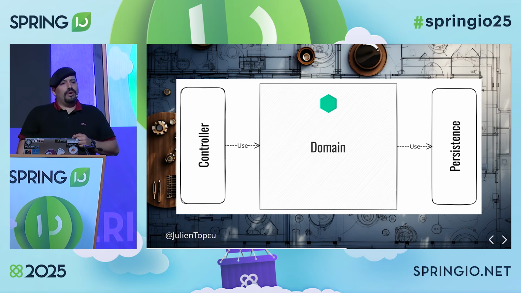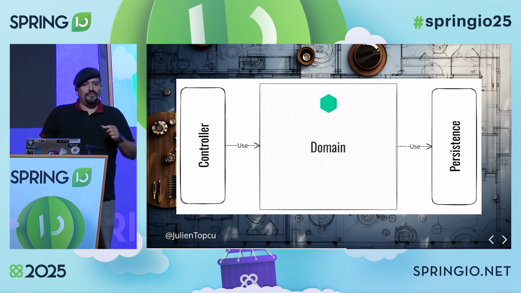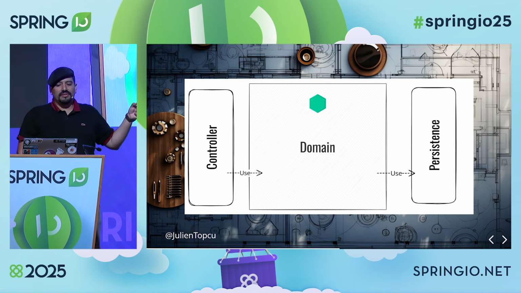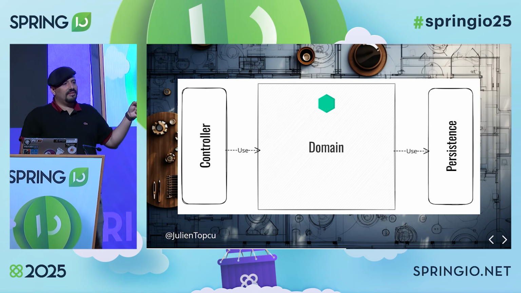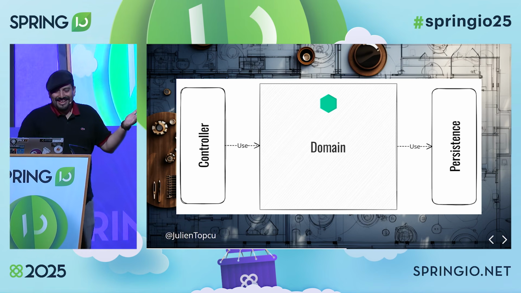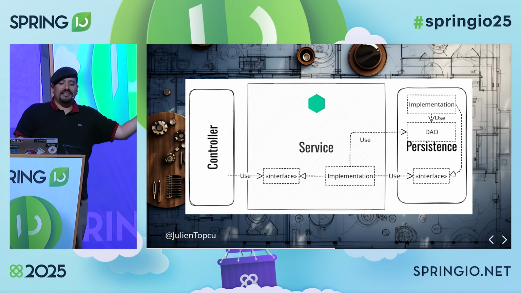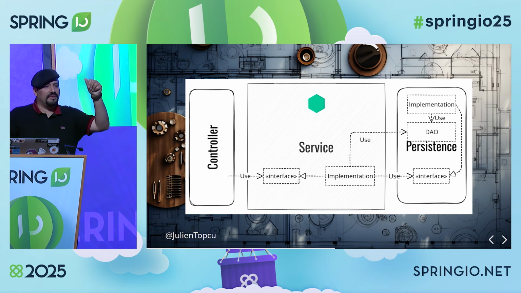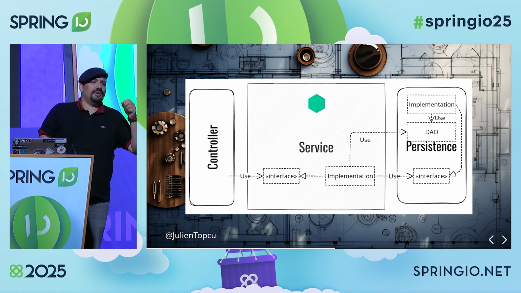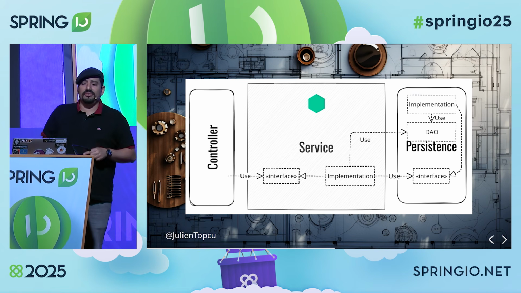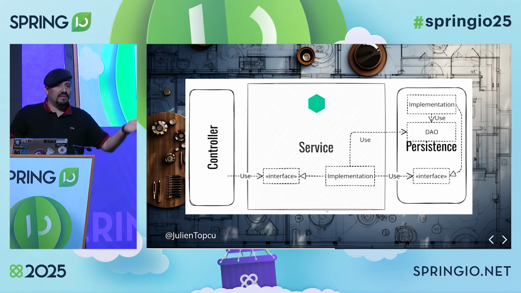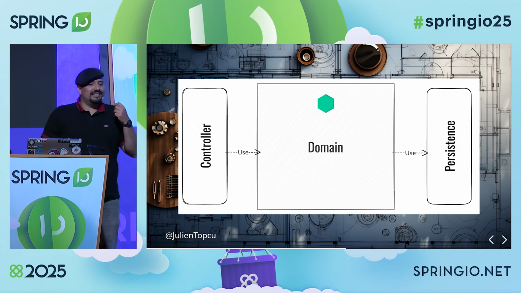And maybe now you have one question for me. Julian, what's the difference between that domain layer and that service layer we used to have? Can you see it? Do you have it? The name, obviously. No, in fact, there is more than that, because the service layer we used to have has two responsibilities. First, the business logic, I said that already, but also it has to orchestrate deeper technical layers of the application, such as the persistence or web service clients. And this is something we don't want in the Hexagonal Architecture.